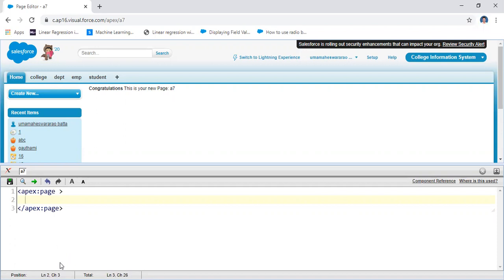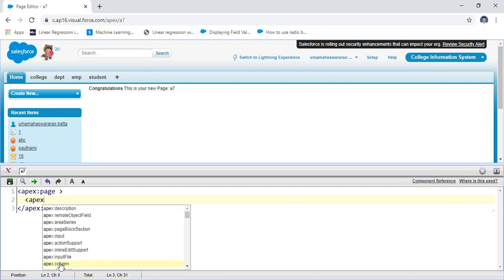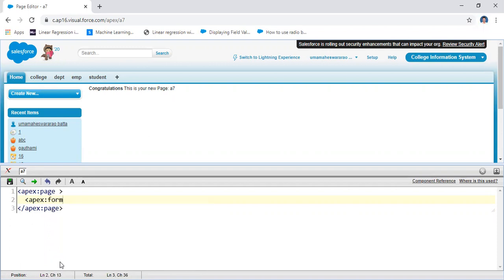Under the form tag, you will write your input tags. That's why you have to write the form tag, apex:form. Then you will use the form tag here. Under the end of the form tag, it is not showing anything.